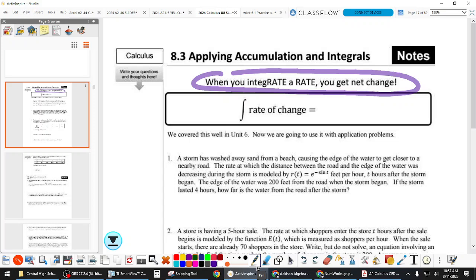So if we integrate, let's say, a velocity. So we've done this, right? What does it mean by a net change? Means your position, so it essentially is saying how far you moved during this time period. And how far is it from where you started, right? Yeah. So it's the displacement concept. But we're not always going to do it with lengths and velocity. Like this first one, we'll get to it in a second, but you can see it's sand being washed away instead of distance and displacement. But integrate a rate of change, you get a net change. And we could just say it's like a displacement